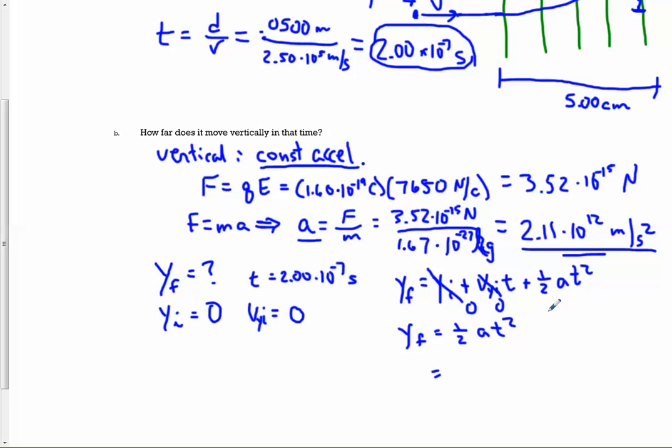whoops, timeout. I just caught a little mistake. Sorry about that. I typed in the wrong number back on the force here. My apologies. This force should have been 1.22 times 10 to the minus 15. I just made a typo on my calculator. And that changes the acceleration to 7.33 times 10 to the 11th. Sorry about that. Yeah, this is 1.22 times 10 to the minus 15. So that changes that, which changes that, which now I will put in, and we get